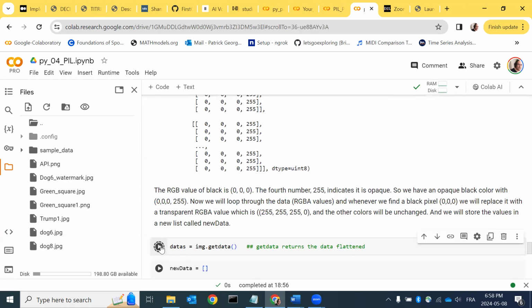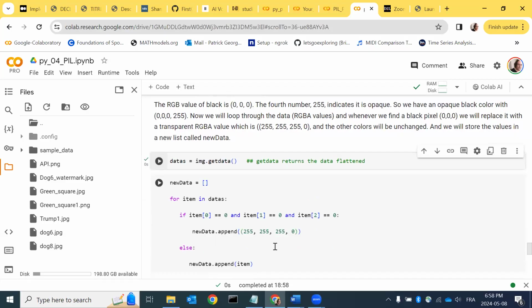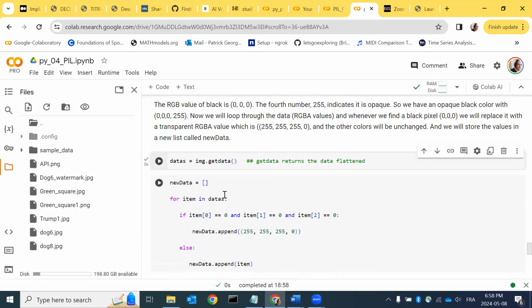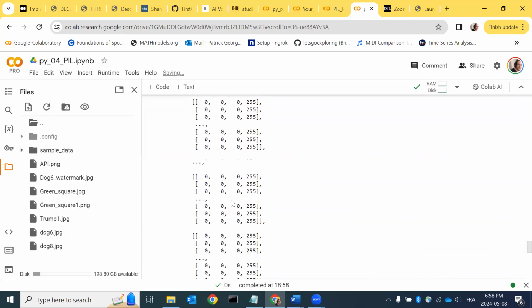So this line does that. You don't need to know that for the time being. And this is a small line of code which basically tells us the following: for each item in data,